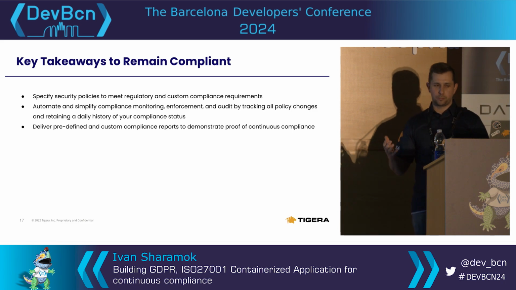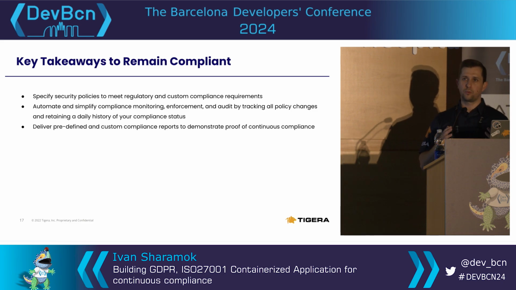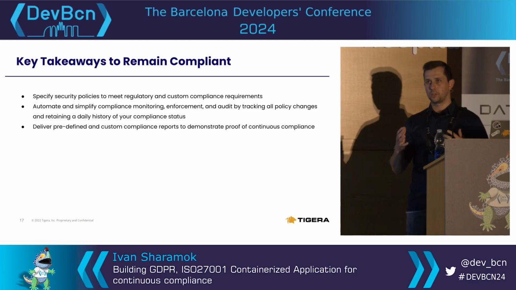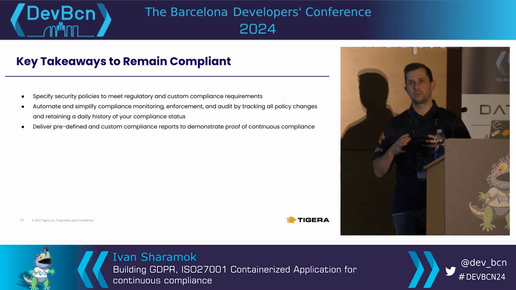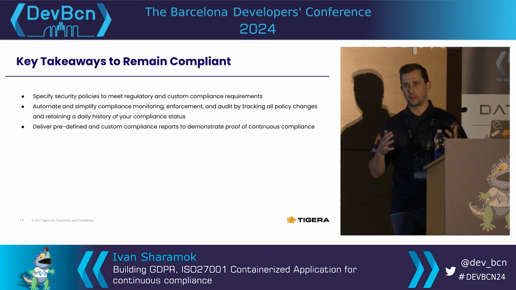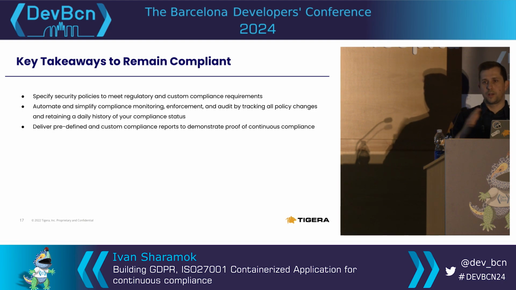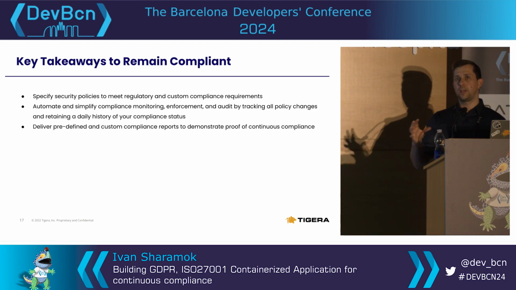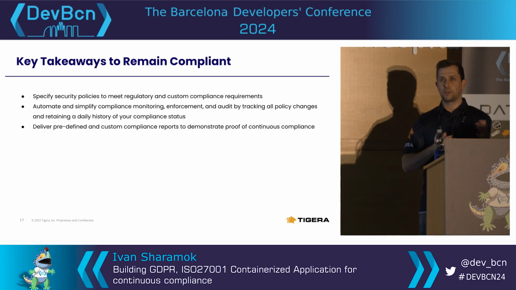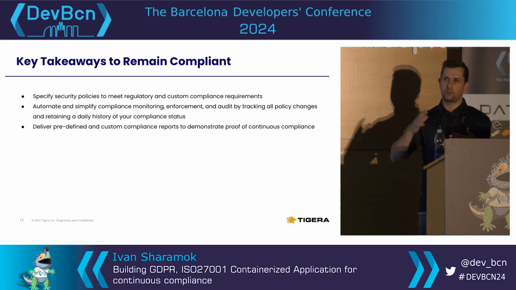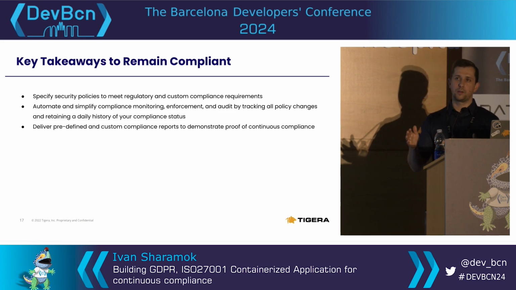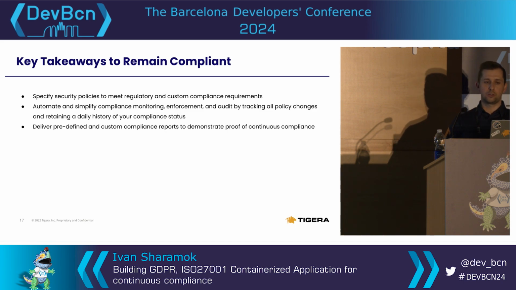You need to implement security policies in order to enforce that your application components can only talk to what they need to talk to, what is allowed, and especially if it's PCI or SOC 2, anything related to the networking level where the communication needs to happen only with specific, only allowed endpoints. You need to implement network policies for that.